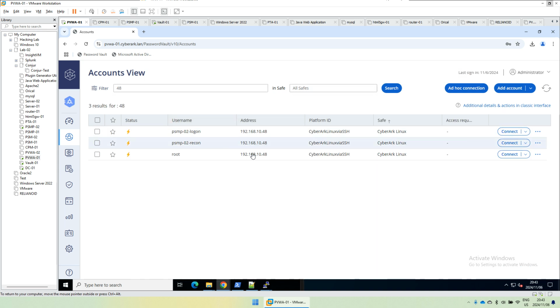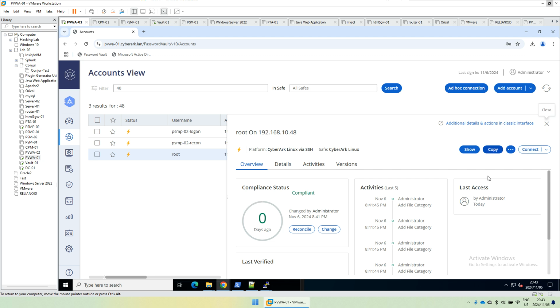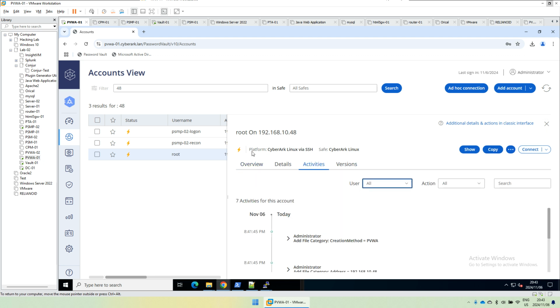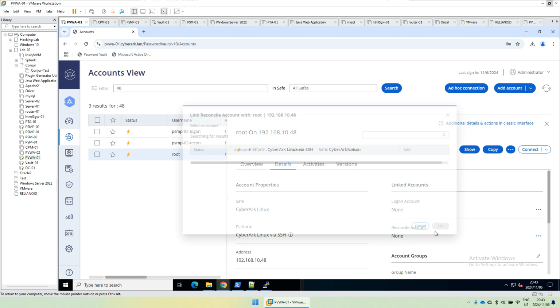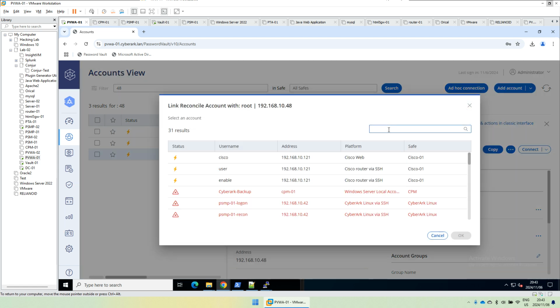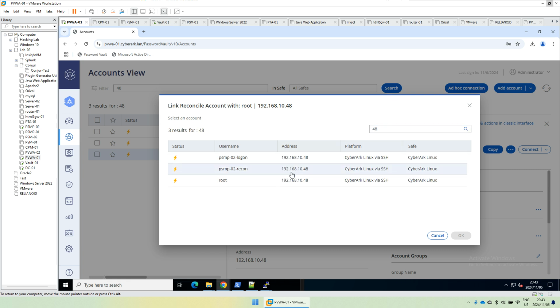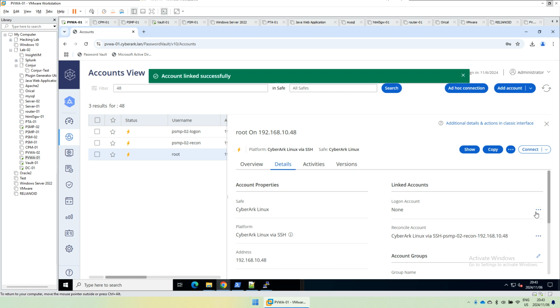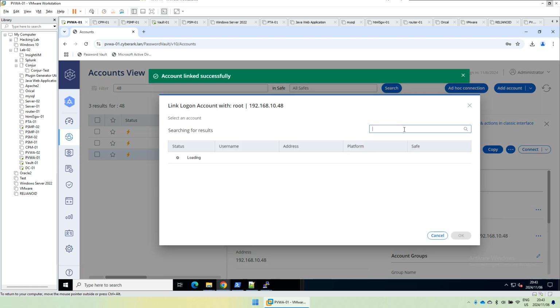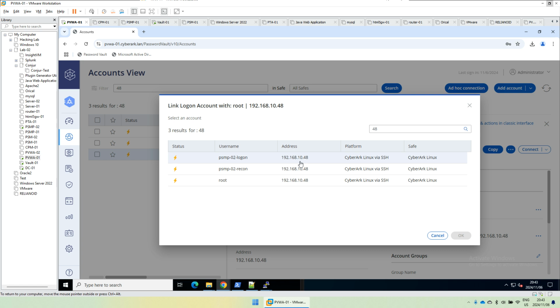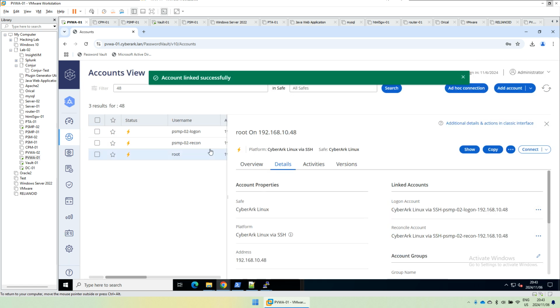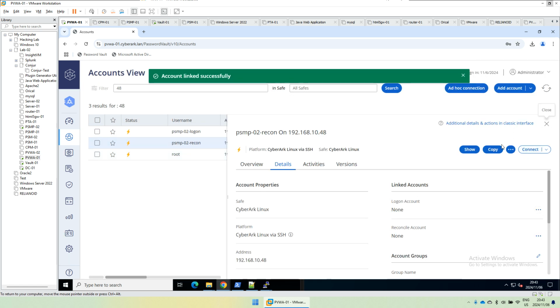So we go to the Recon root user. We go to activity, details, Reconcile account, link 48. Add the Recon account, click OK. Logon account, link 48. And search, log on, click OK. Recon account, connect,